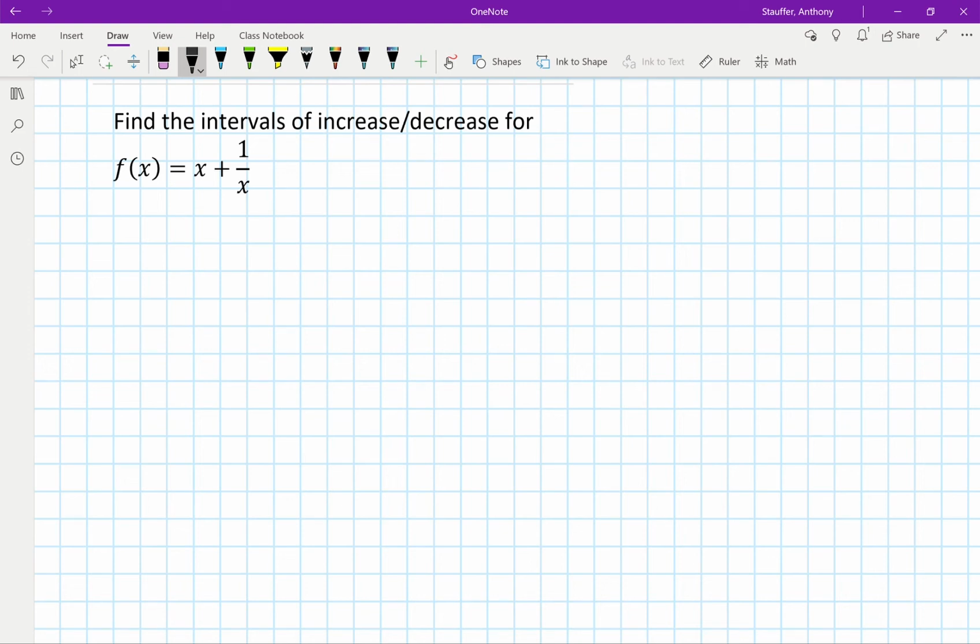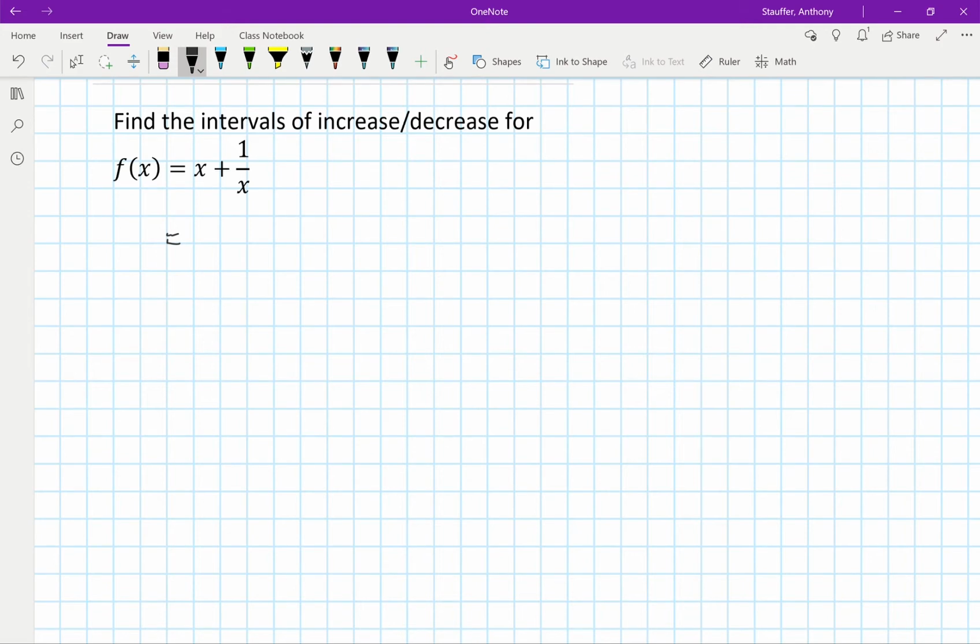So the next thing that we're going to look at is a rational function, finding the intervals of increase and decrease for it, because something kind of switches up here. So find the intervals of increase and decrease for f of x equals x plus 1 over x. Now, I'm just going to look at this function off the bat right here,